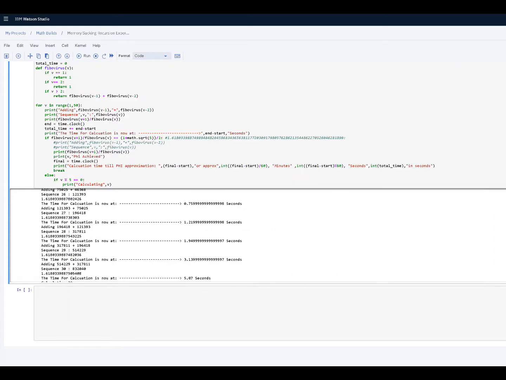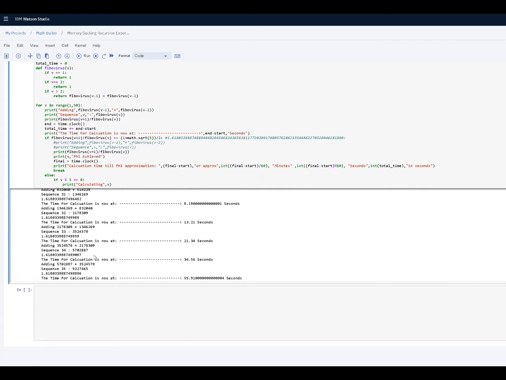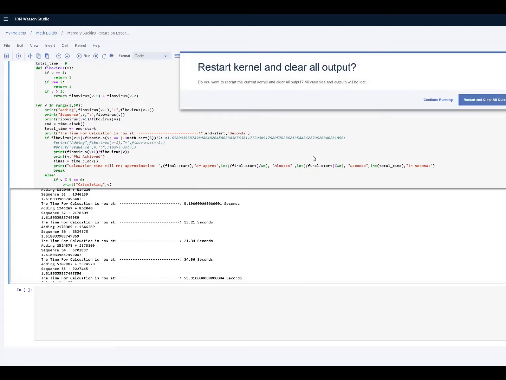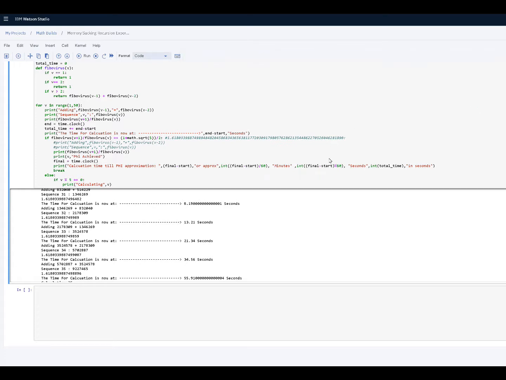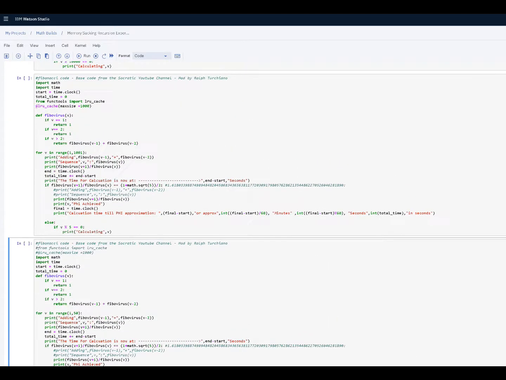If you see, basically it's taken longer and longer to calculate each sequence. Now check this out. This is on IBM Watson, by the way, and I have to thank Socratic YouTube Channel for showing me this. And here we go. Now we're going to use something called lru-cache from functools, and we're going to run